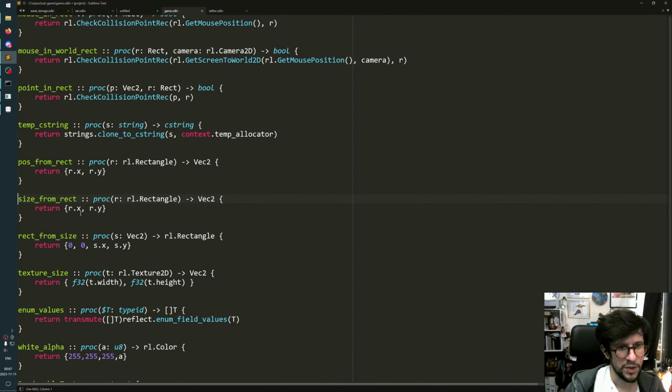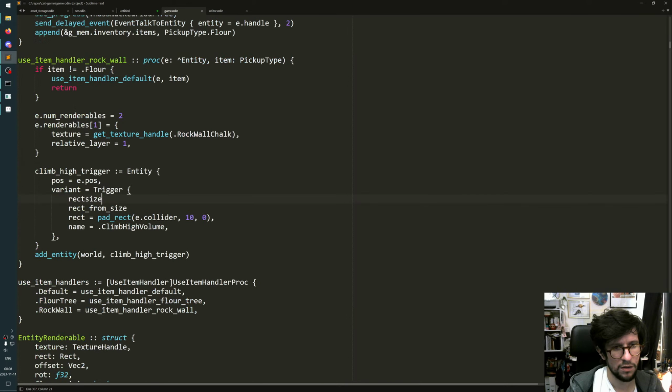So I know what the problem here is now. So this function just returns the size of a rectangle. Blah de blah. So this one should not have the sort of offset, I think. Or should it? Oh, I'm so confused. Rect from size. Rect size. What's